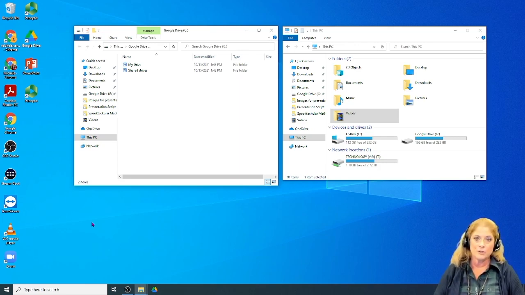Anything you add to your Google Drive goes to the cloud and is available on other devices as soon as it is saved. So they synchronize and they're immediately available. Now,